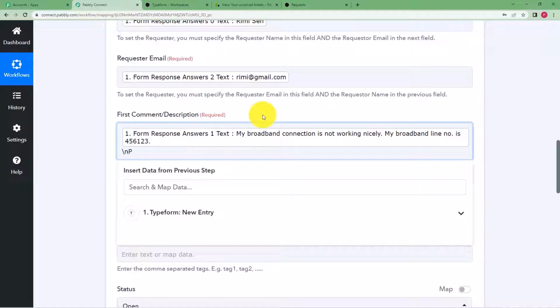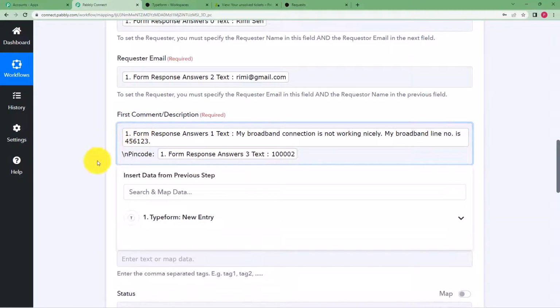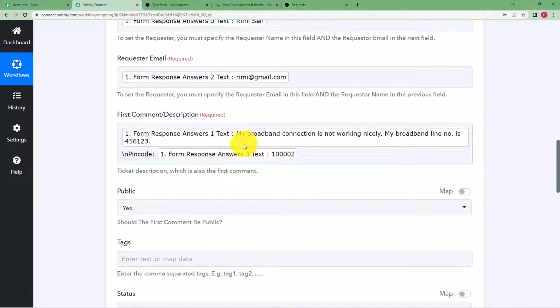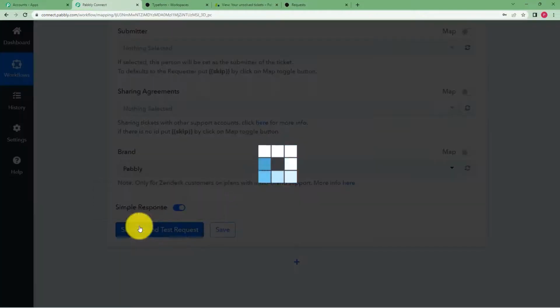So write pin code, colon, and give a space and then map the pin code from here only. You can map it. So every time a new person enters or fills the form, his query will be here, and then under that it will be written as pin code, colon, and then the pin code of that specific person. Is any required field left anymore? No. So you just click on save and send test request